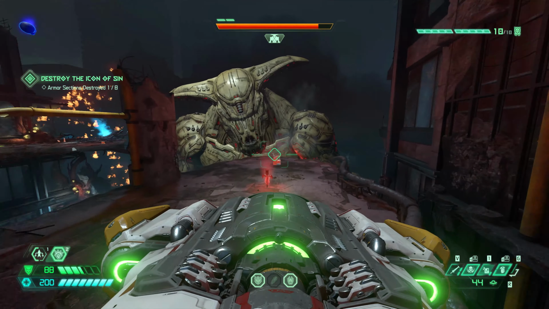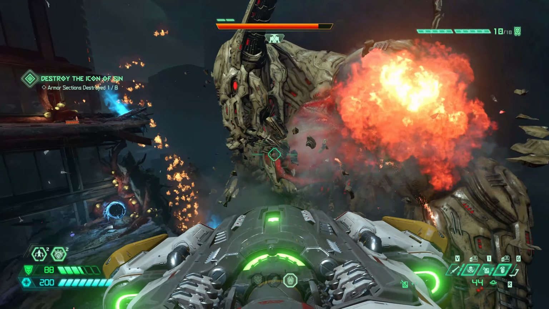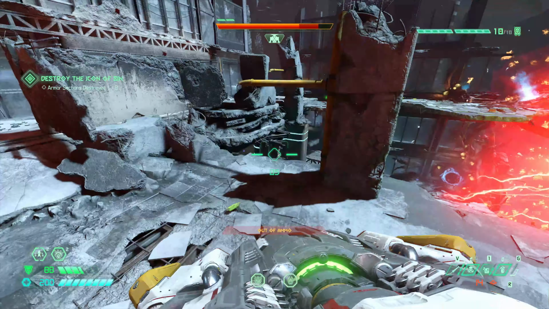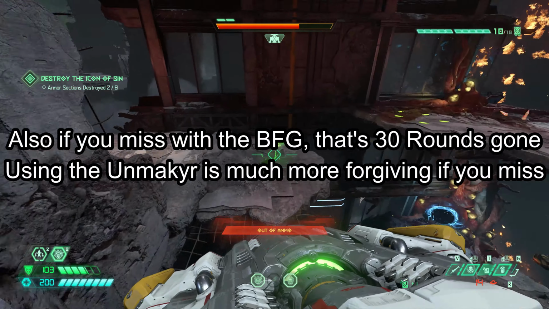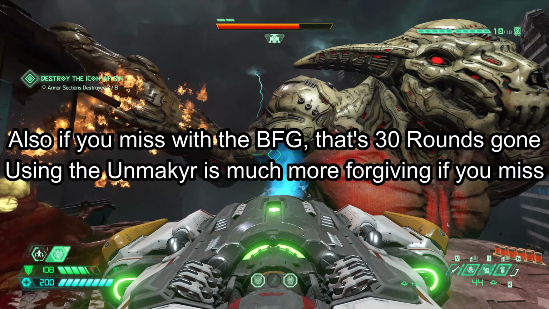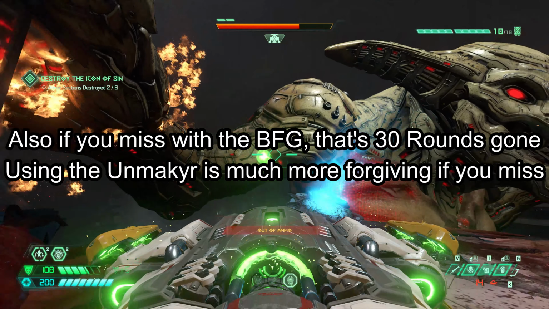The Unmakyr is still valuable against it. It'll help weaken the parts so that if you switch to the chain gun or rocket launcher or plasma gun, you'll get rid of them faster. But it's just not as efficient as using the BFG. So that is the one area that I 100% agree in, that it is too weak against the Icon of Sin